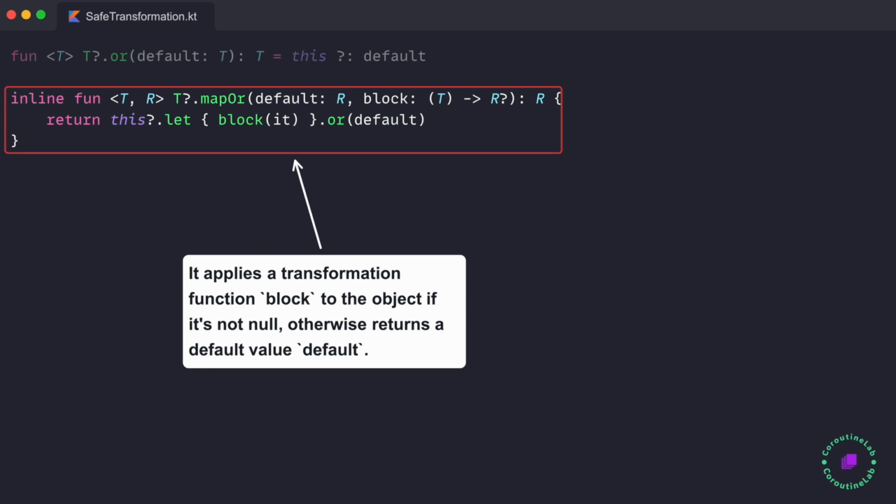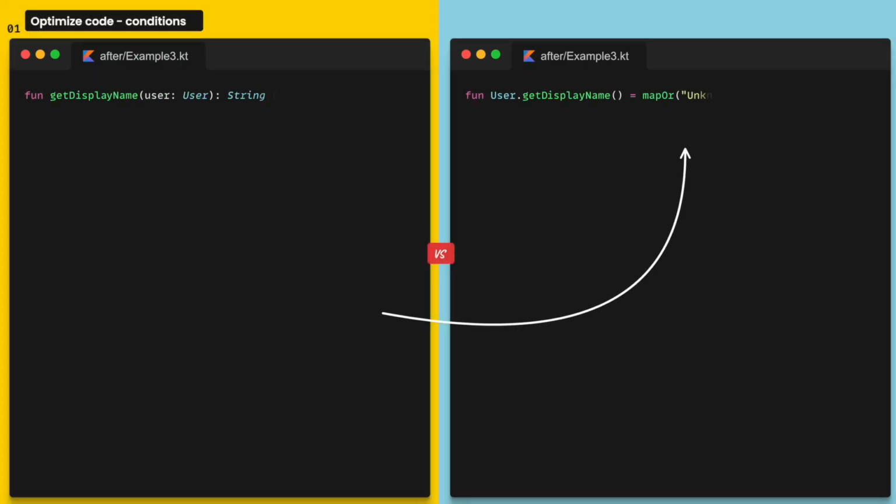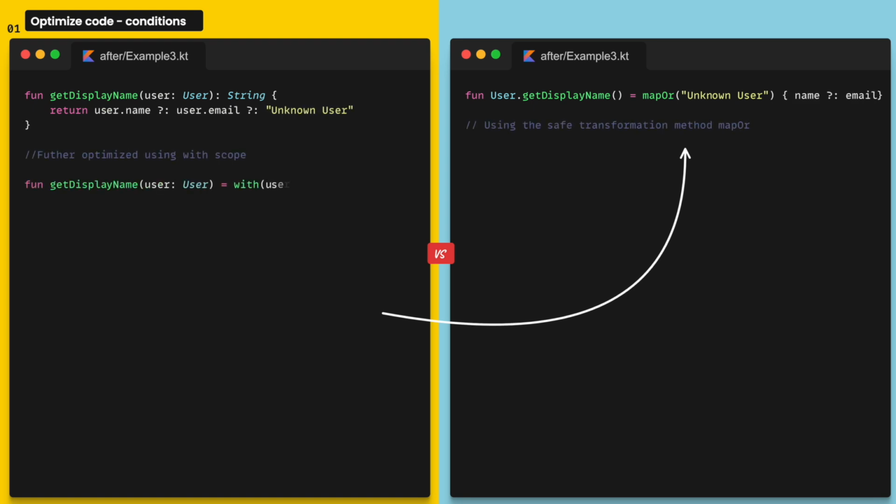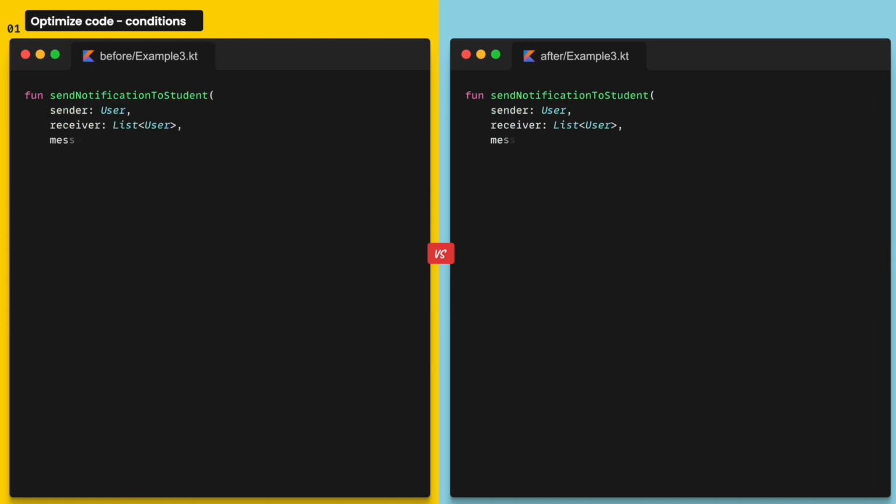If the object is not null, it applies the transformation using the block. If the object is null, or if the transformation returns null, it falls back to a provided default. Now let's apply this to our existing user extension function. The result reads like a sentence. If the user exists, try to use the name. If that's not available, fall back to the email. Otherwise, return unknown user. Let's clean up a real-world function that sends notifications to students, but only when the sender